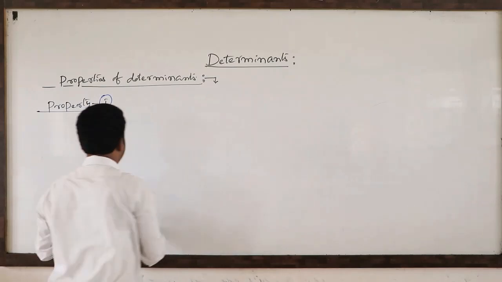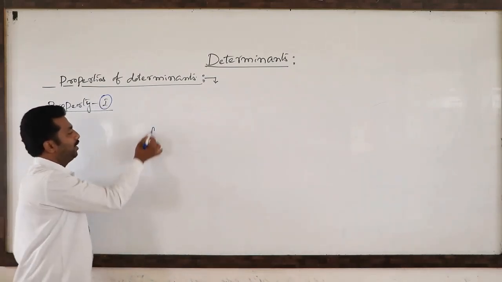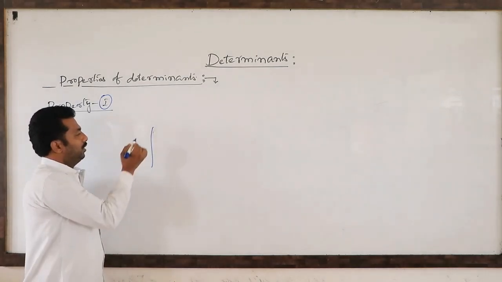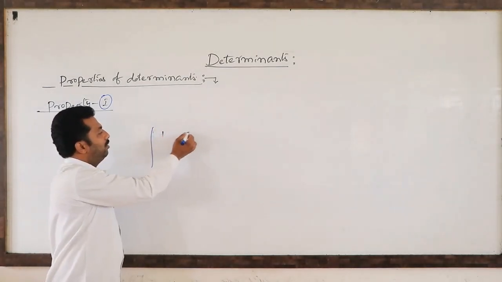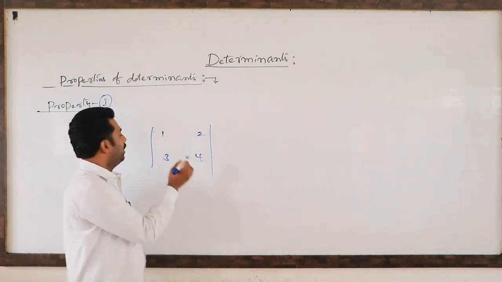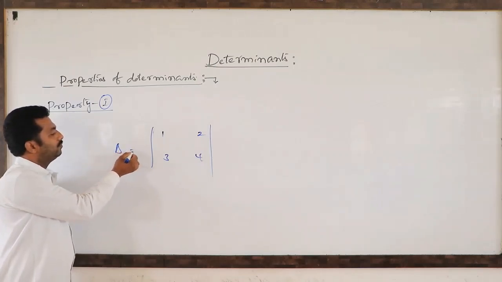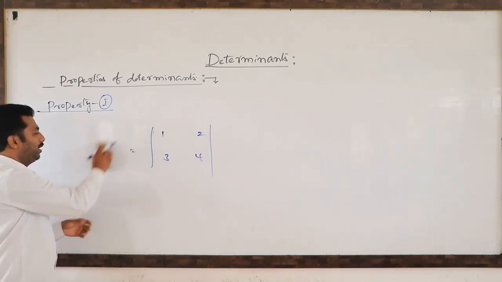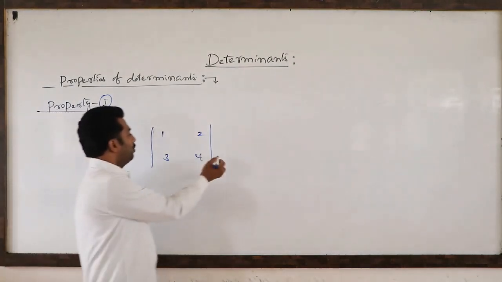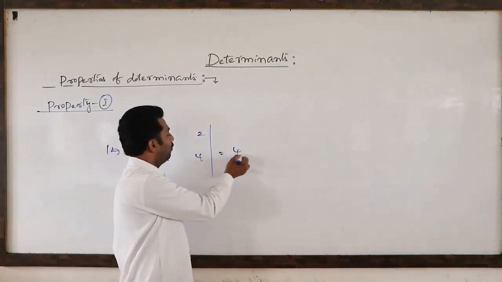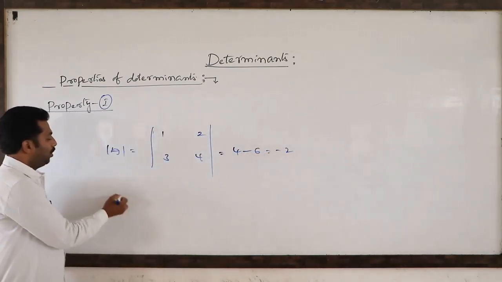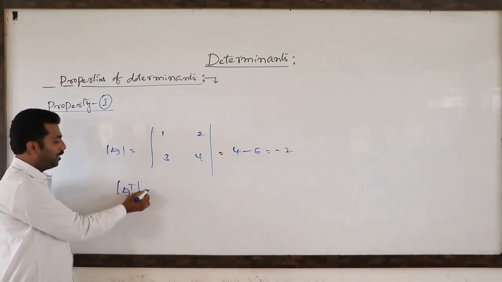An example in this case is not necessary. If you just apply it like this, that is enough. So you observe. Suppose the determinant of 1, 2, 3, 4. How much is it? Take this as delta, or the determinant of A. One matrix determinant is like this. So it is 4 minus 6, which is minus 2. What is the determinant of A transpose?